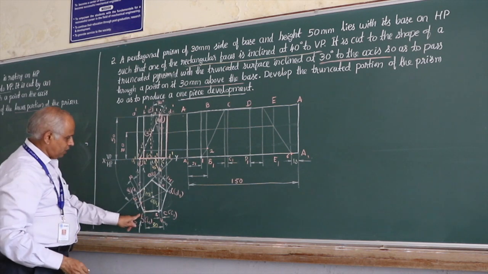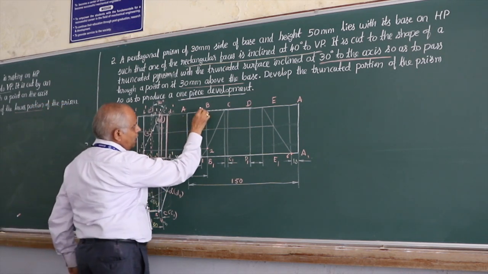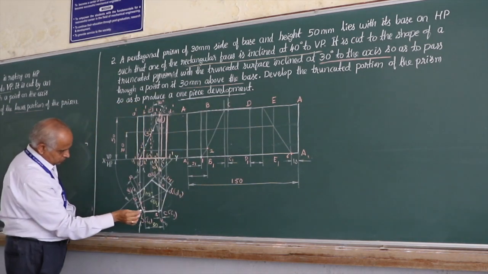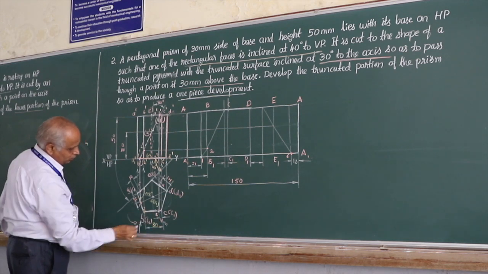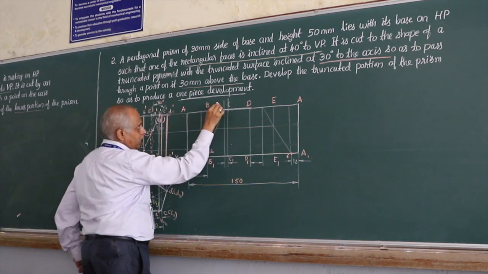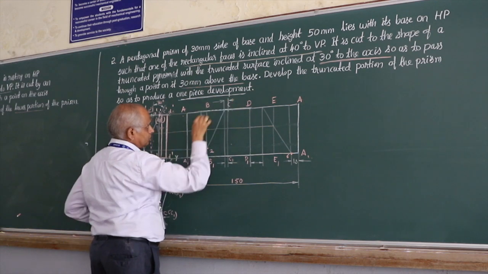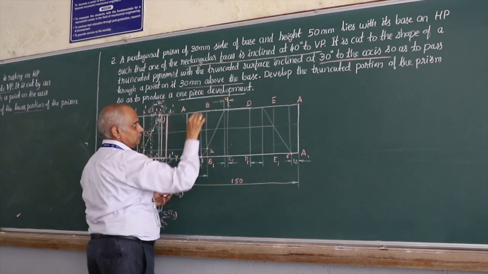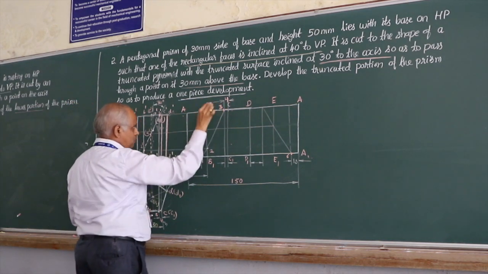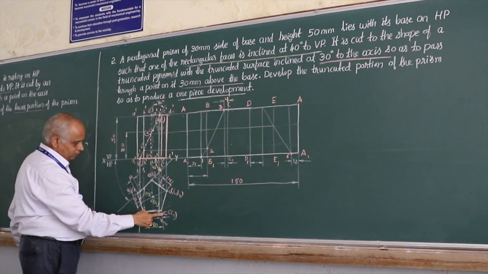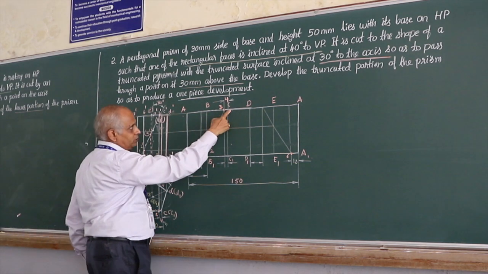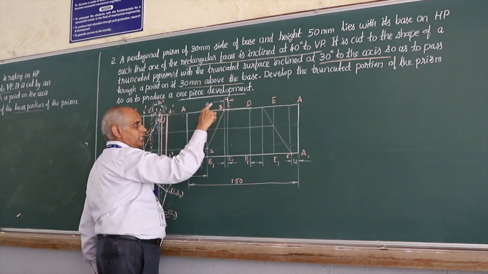Remember, 3 is between B and C. So between B and C, I should take this distance from CC1, because from CC1 at a distance of 4 mm I can locate 3. Remember, it is between C and B. So between C and B, take 4 mm here, and then locate section point 3 here. I am repeating this. Section point 3 is between CB, 4 mm from C. You get 3.